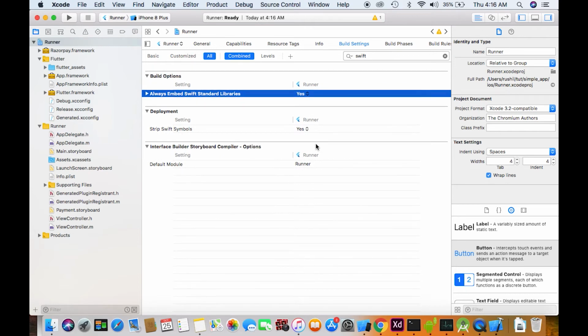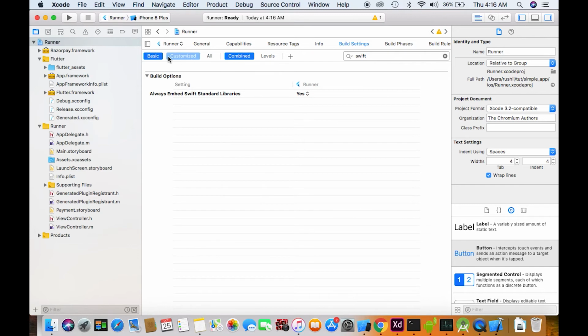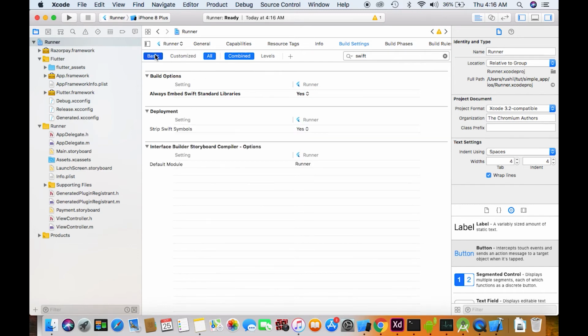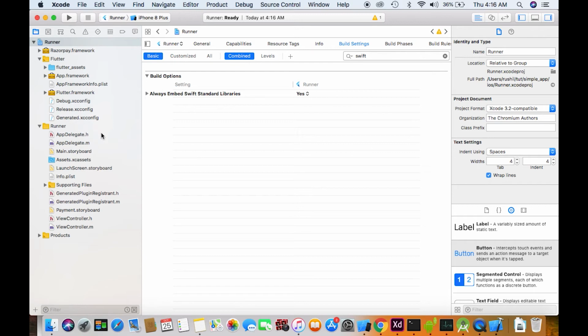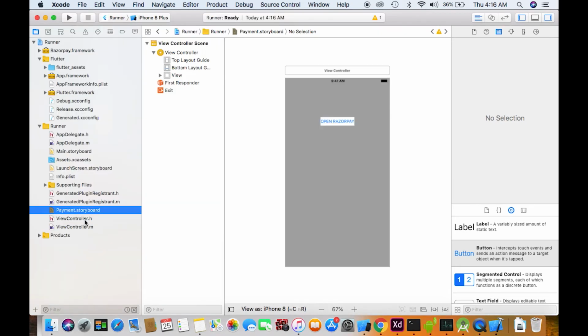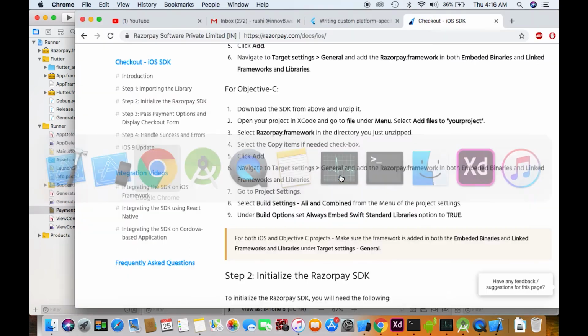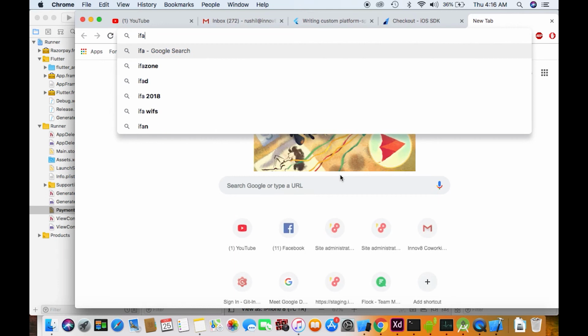Now we'll also add an exit button to this. I'll just click it simply here. Exit. So if you can just Google it, you'll also find a lot of code. Now it's more of the Razorpay iOS sample app.